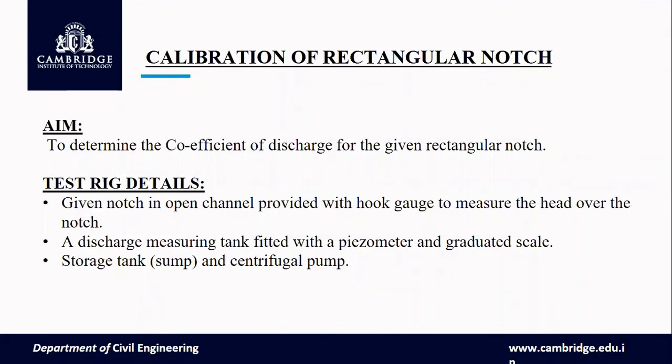As water approaches the notch, its surface becomes curved. Therefore, the head over the notch is to be measured at the upstream of the notch where the effect of curvature is minimum. Also, it should be close to the notch so that the loss of energy between the head measuring section and the notch is negligible. So in practice, the head over the notch is measured at a distance of 3 to 4 times the maximum head from the notch. So this is how we have to measure the head to calculate the discharge over a notch.